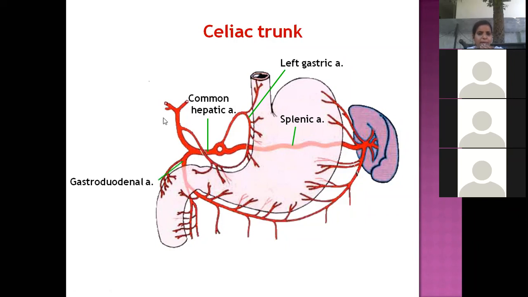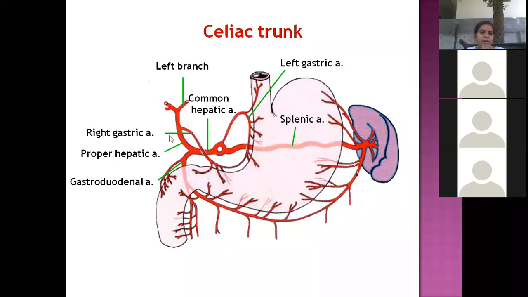common hepatic. Common hepatic is dividing into two. The inferior branch is gastroduodenal. The superior branch is proper hepatic. Okay. So from the proper hepatic, you are finding one artery which is moving along the lesser curvature of the stomach. You call this artery as right gastric artery. From the knowledge of the blood supply of stomach, which we have already studied, I told you, along the lesser curvature, we have the left gastric artery and the right gastric artery, which anastomose along lesser curvature of the stomach. Okay. When you see, this is the greater curvature of the stomach.